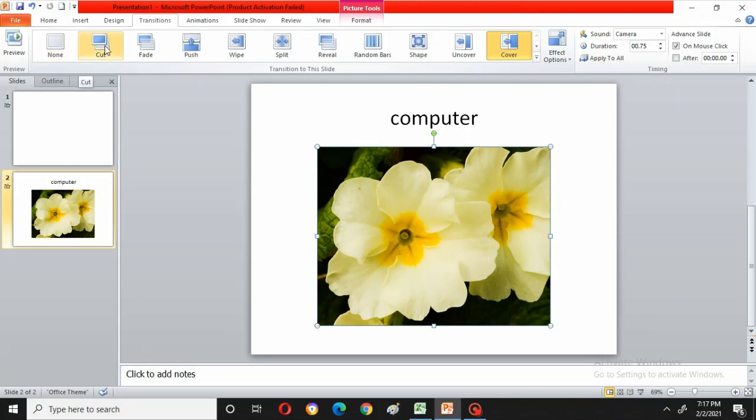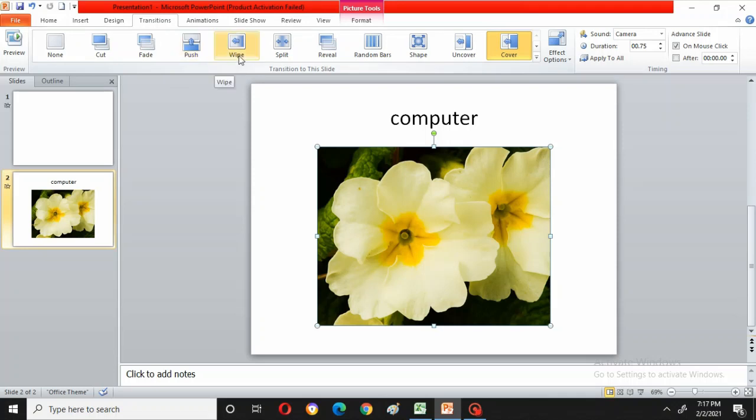Cut is a different style, the slide moves in a different form. Fade, the slide will fade and move out of the screen. Push, that means the slide will be pushed up or down, or when you click on that again, different positions will be there. Right side it should push, otherwise up or down.